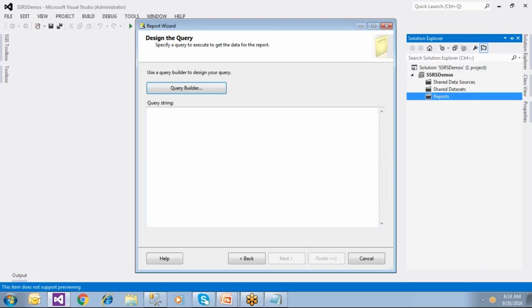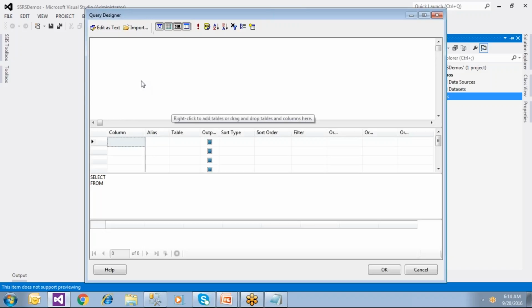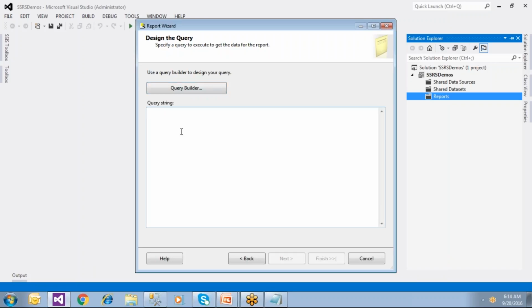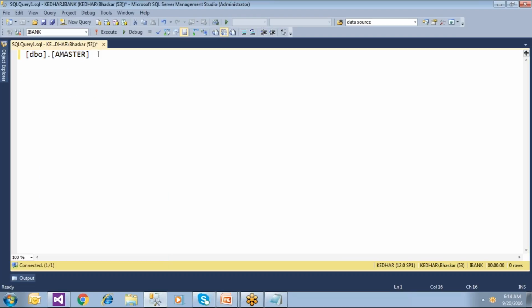So click on next. It is saying query builder. You should be able to use this query builder, and if you wanted to drag and drop something, or the better thing is that you can write a query. So let me go to the SQL server, and I'm using iBank. There is a table called a master table, and I'm going to use this, or you can use any table whichever you have. So let me select,